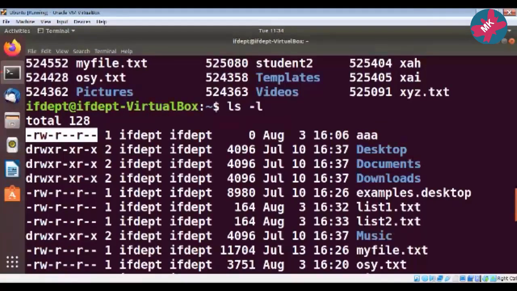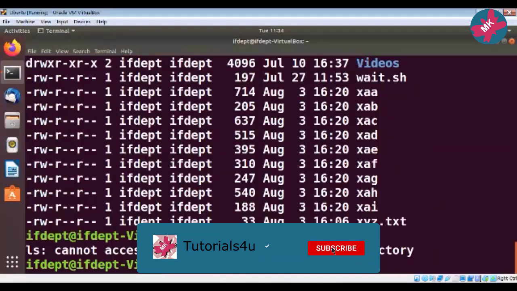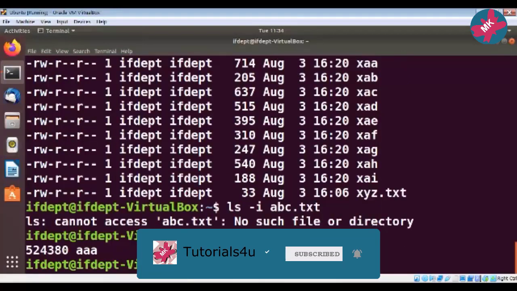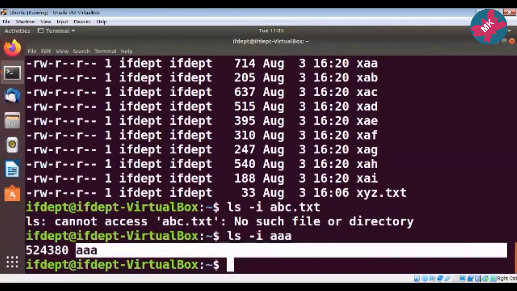In the next practical we will go in depth into the use of this particular string. These are nothing but the permissions associated with this particular file. Suppose AA, right? We have just created it. So this command will return me the inode number associated with this particular file.